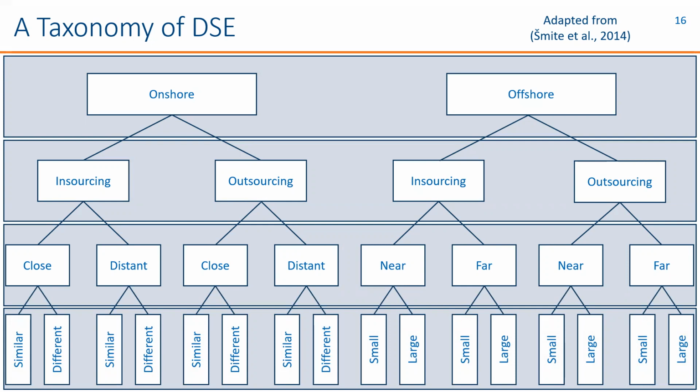The authors also chose to distinguish the differences in scale of temporal distance similarly to geographic distance. So they have similar and different for onshore, and small and large for offshore. It's generally the same reasoning. Similar means that the time difference is less than or equal to an hour, and different means that it is greater than an hour. In offshore situations, small and large would mean 4 hours, so less than or equal to 4 hours is small temporal distance, and large is greater than 4 hours.